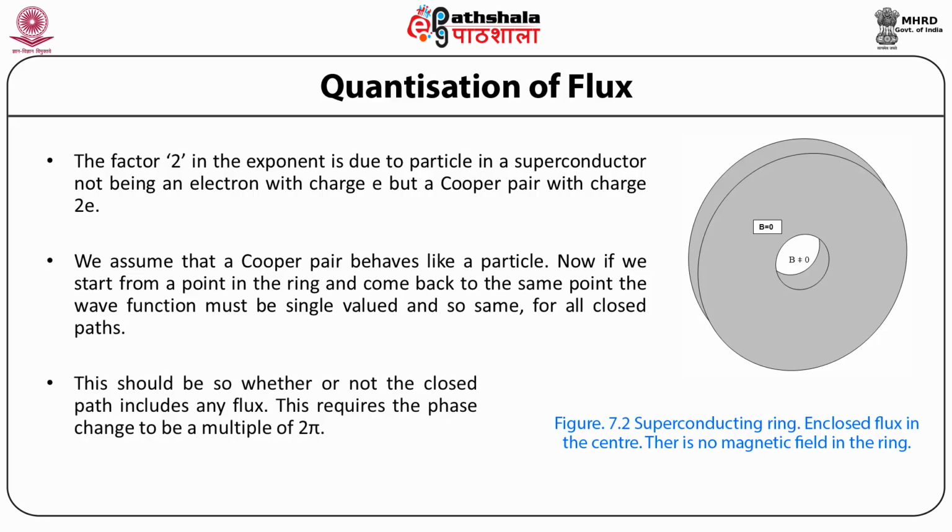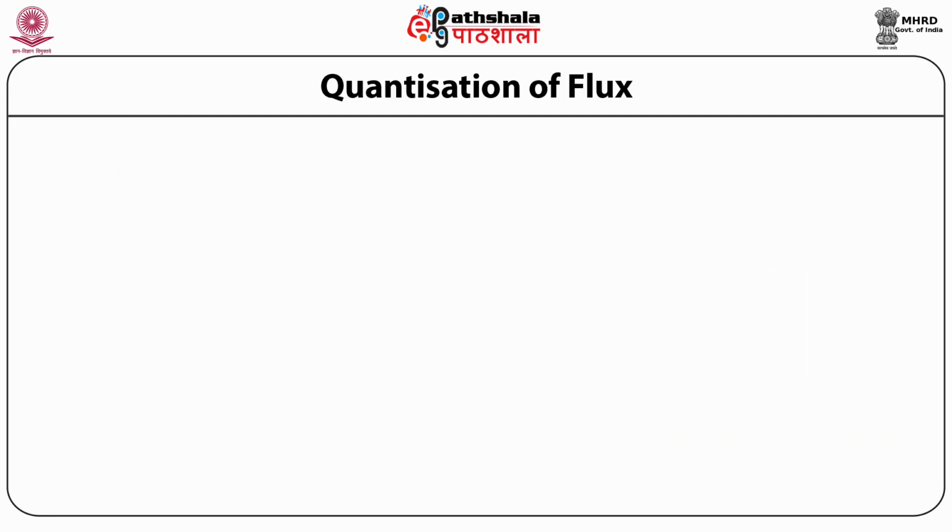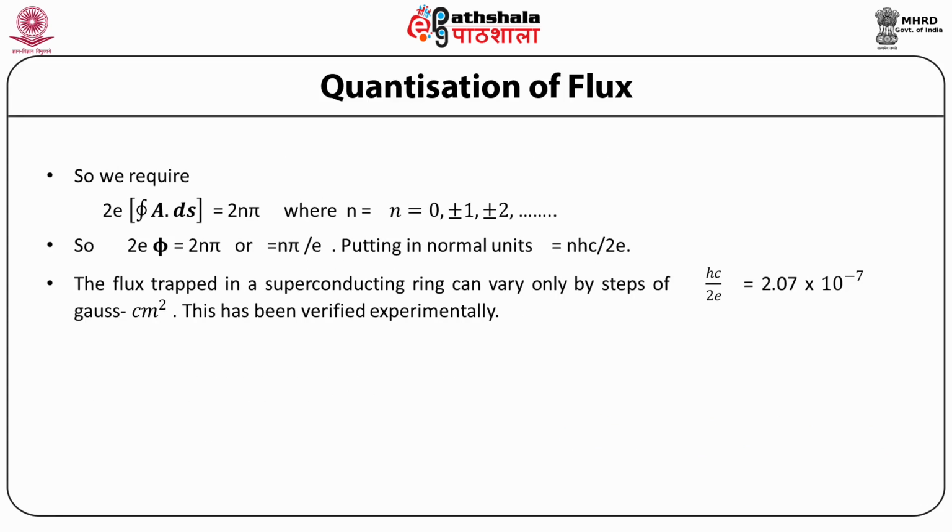This should be so whether or not the closed path includes any flux. This requires the phase change to be a multiple of 2π. So we require 2e times the line integral of A vector dot ds vector to be equal to 2nπ, where n is 0 or ±1 or ±2 or ±3 and so on. So we notice that 2e times the total flux φ is equal to 2nπ,